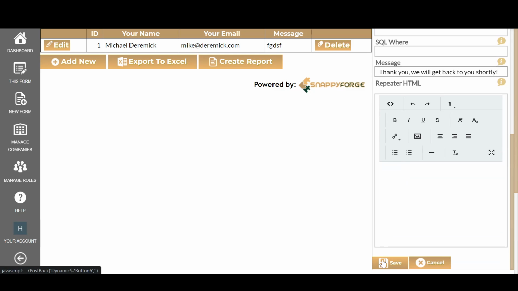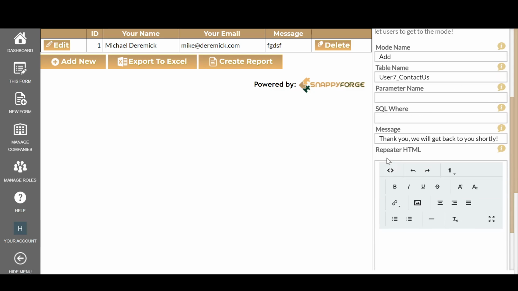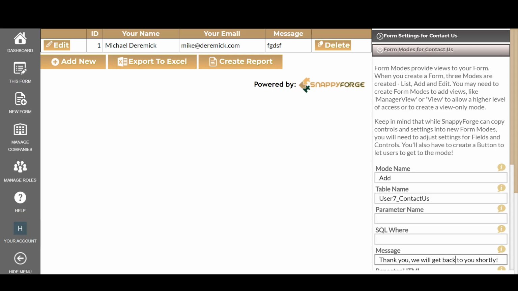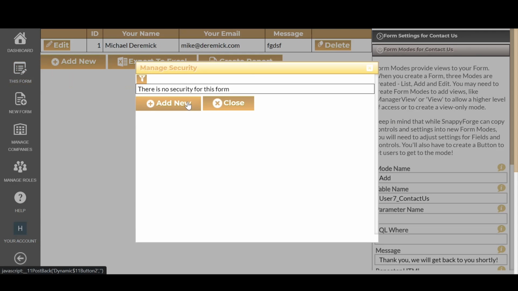Because we're only publishing the add form, we don't want the edit or the view to be published. What we need to do is add a message that's going to be shown. So in this case, we just filled this in. It's the message on the form mode, add. And what that's going to do is, when we publish this form, I'll show you what we mean by that,